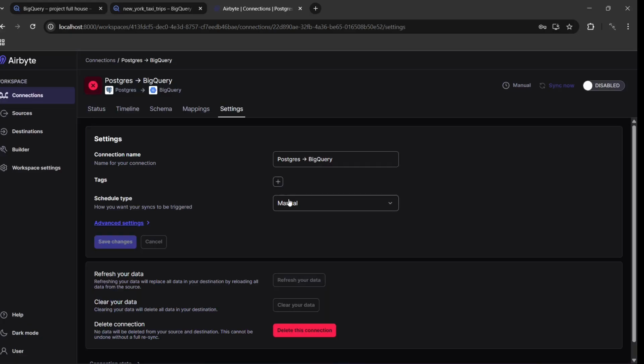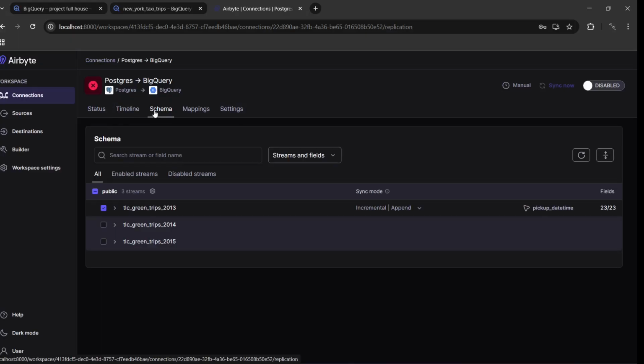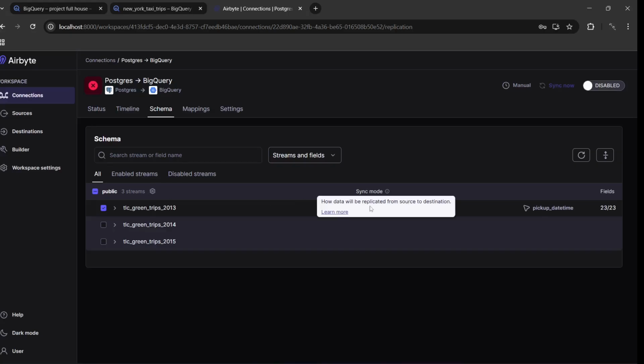You can see here that I've changed the schedule type to manual. Before, it was on automatic, meaning it would keep running over and over again, which is why I had that error. If we head over to schema, you can see I have only TLC trips 2013, and if I want to include the other ones, I can easily select them here from my Postgres database to also be loaded into my